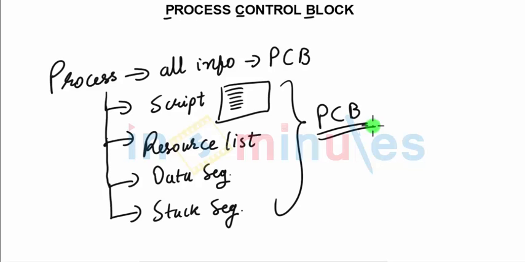But this is in a well organized manner. PCB is capable of storing all these things. It has its own structure and its own formulation and partitioning of the system. Let's try to see how PCB looks. As we can see, the structure of PCB looks like this. Let's try to access one block at a time. The first thing is the PCB pointer.